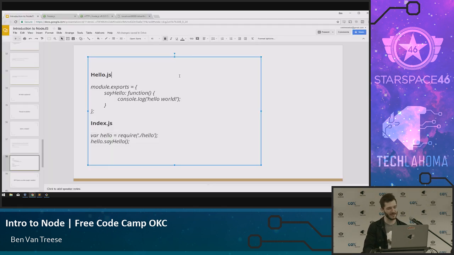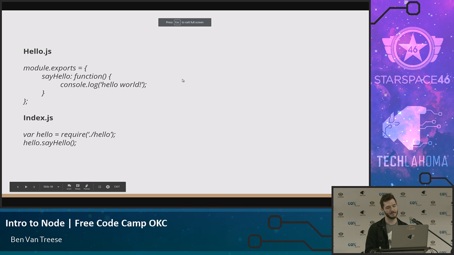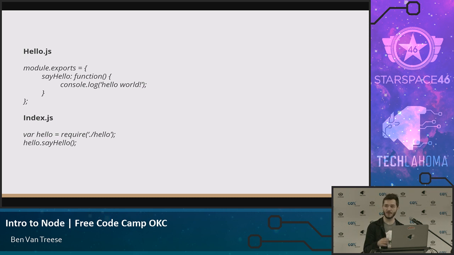But anyway, this is great. So that's how we use a module. That's how we write our own module. And the cool thing is with npm, we can actually put that in its own directory, npm init, and then publish that module for other people to use. And they just